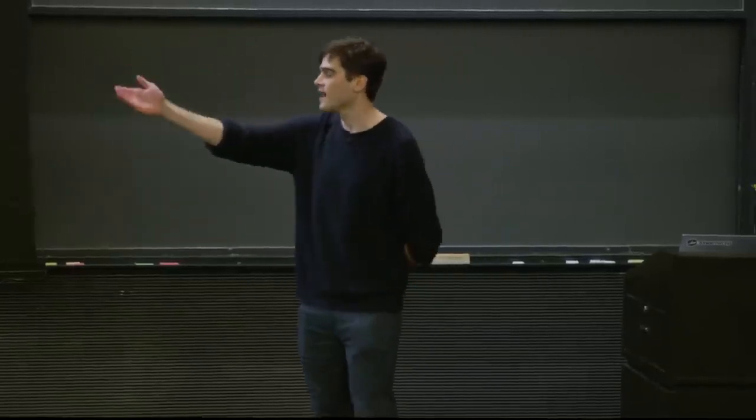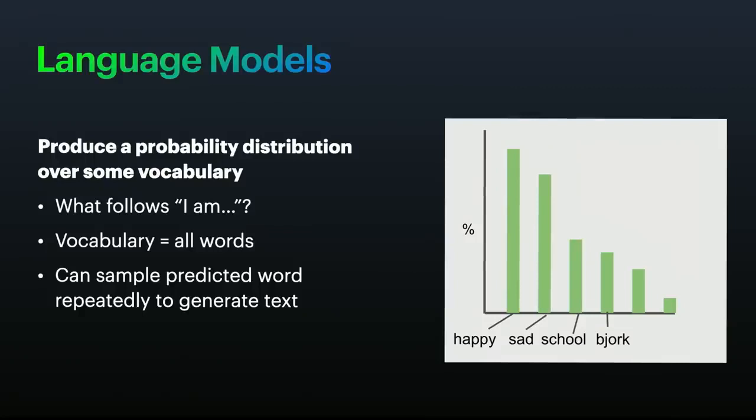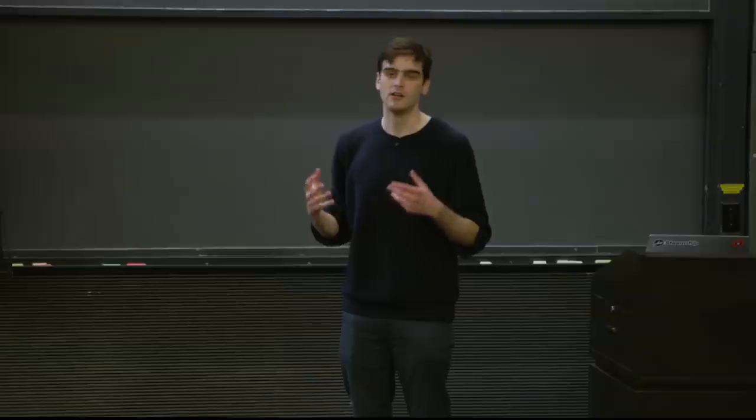So here it's "I am," perhaps the word "happy" is fairly frequent, so we'll get that high probability if we look at all words, all utterances of English. It might be "I am sad," maybe that's a little bit less probable. "I am school," that really should be at the end because I don't think anybody would ever say that. "I am Bjork," that's not very probable, but it's less probable than happy, sad, but there's still some probability attached to it. And when we say it's probable, that's literally a percentage. That's like "happy" follows "I am" maybe like 5% of the time. "Sad" follows "I am" maybe 2% of the time, or whatever.